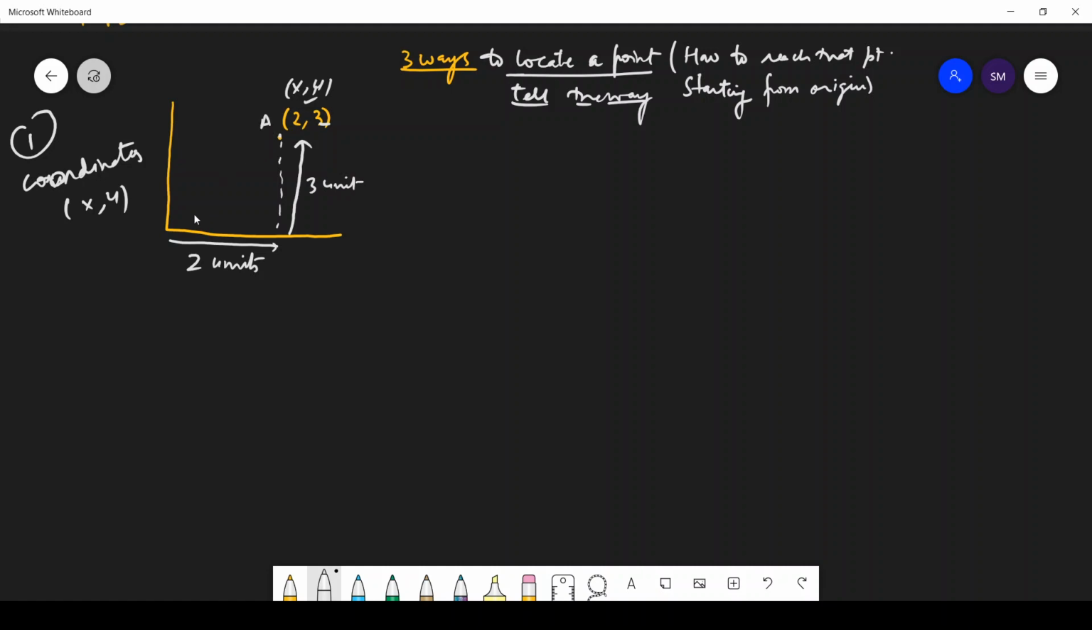Let it be point A. So then this is origin O. So you can reach from here this way, let it be B. So O to B and B to A. Okay? Or you can directly reach from O to A also. So this is the first way how to locate a point, and the second way